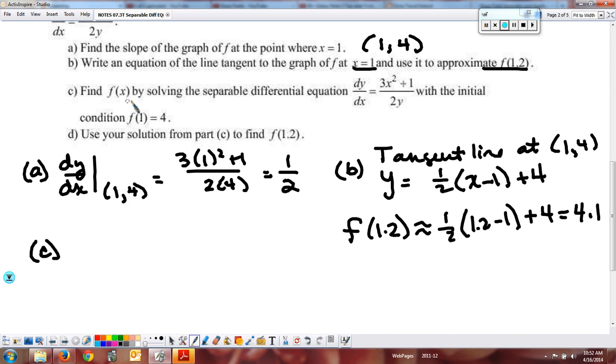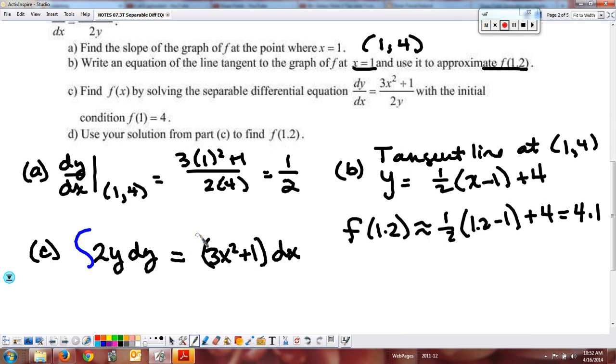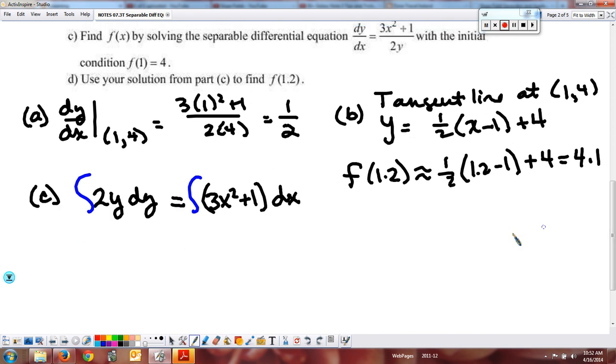Find the function by solving the separable differential equation with that initial condition. So I show the separation, that has to come first. So 2y dy equals my 3x squared plus 1 dx. So that's showing the separation. Go ahead and put your integral symbols in to show what you're going to do. You have to have that step in there to get credit for separating. Okay. Now I'm going to take the